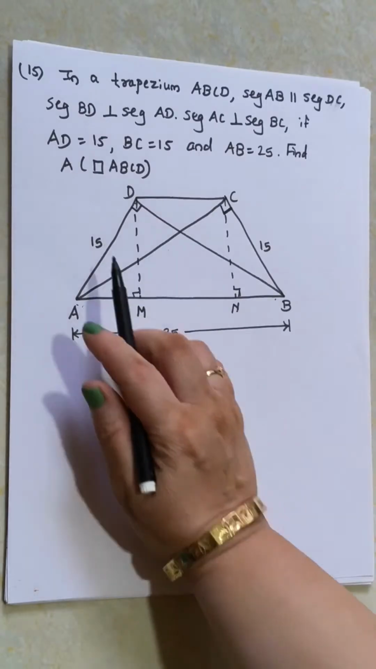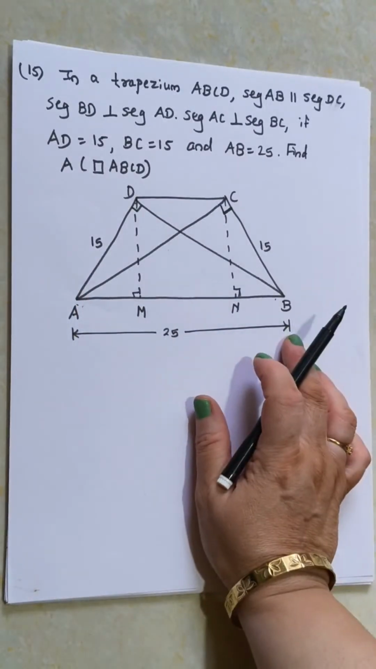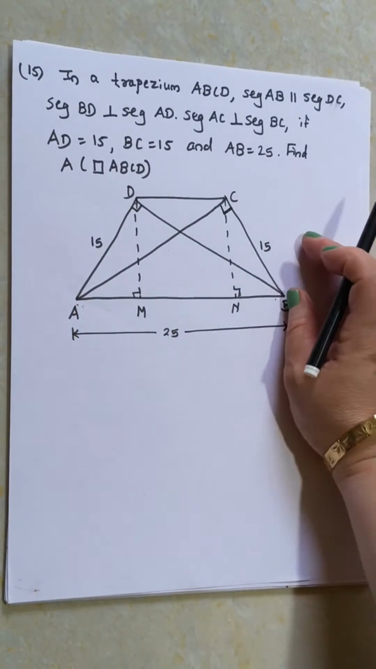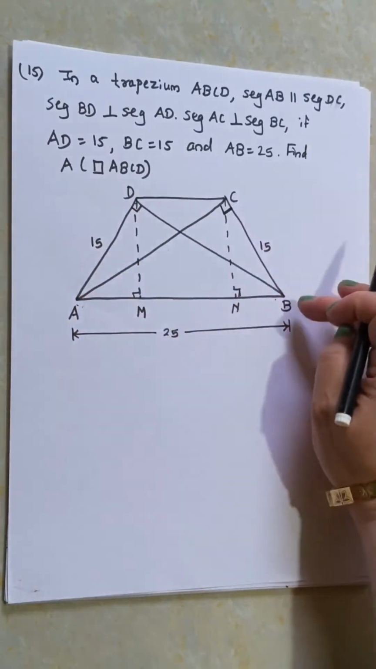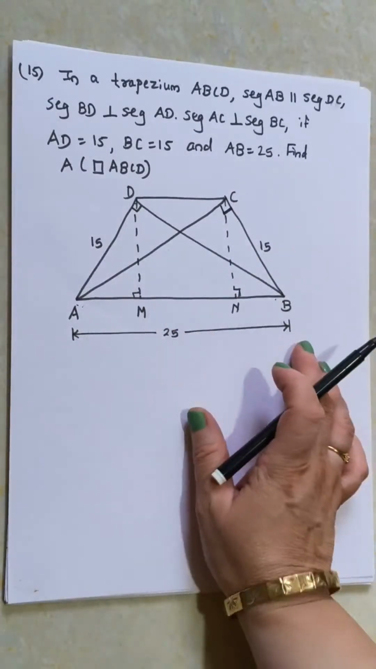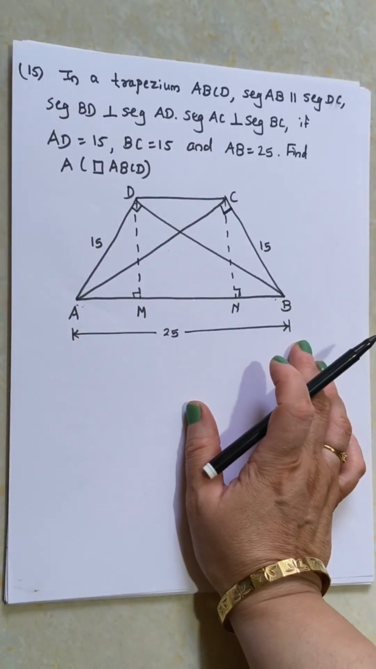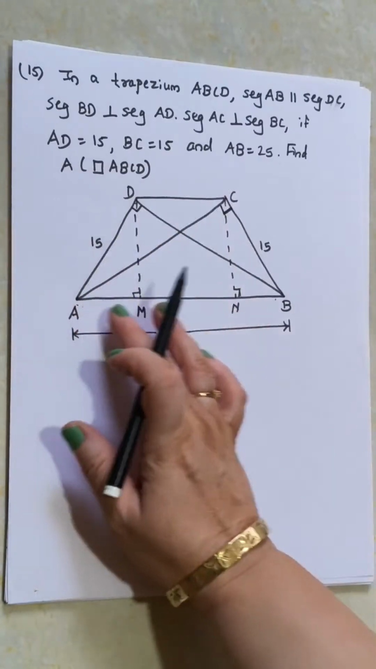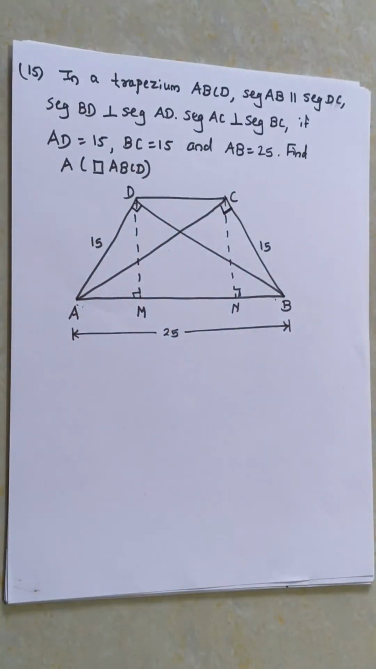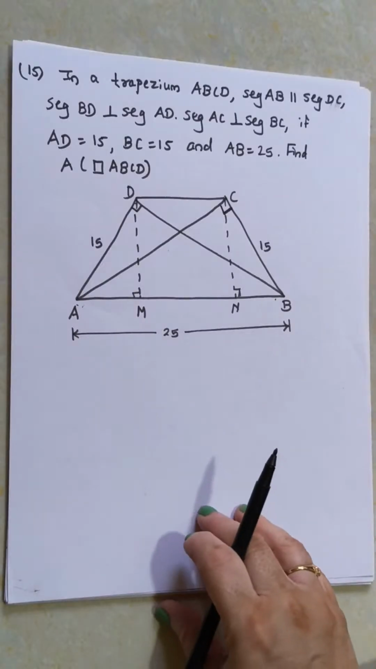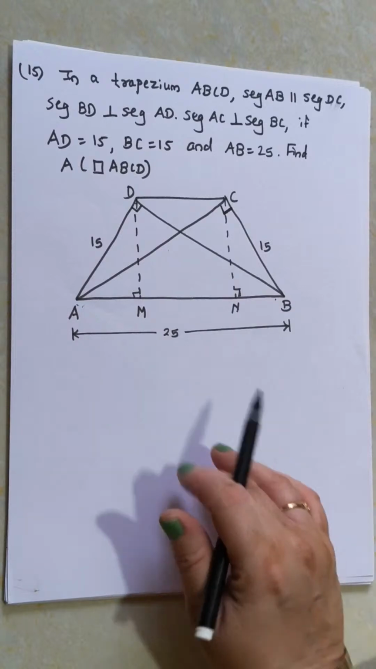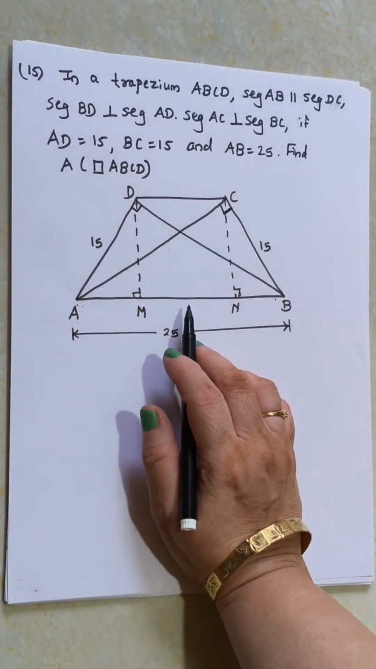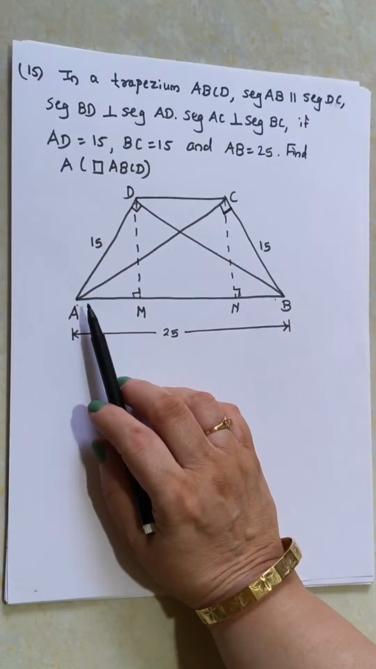If AD is 15, BC is also 15, and AB is 25, then find the area of quadrilateral ABCD. So you know the formula for the area of a trapezium: 1/2 into the sum of the two parallel sides into height. So which are the two parallel sides? AB and